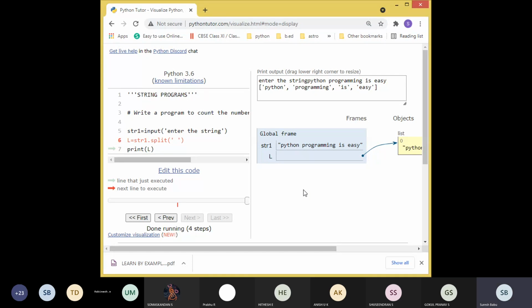So this is the thing we are going to edit in this program. See here and note down.